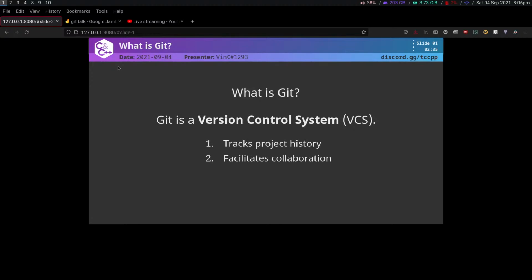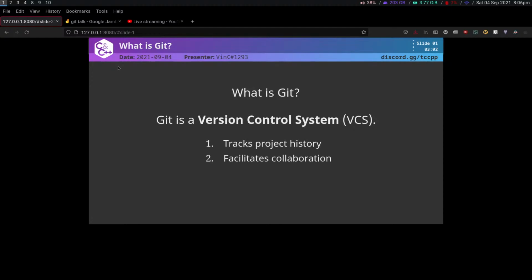There's a bunch of other VCSs like Subversion and Mercurial and CVS, I think, is one. But Git is by far the most popular, at least for general software development. There's also one called Perforce, and that's quite popular in game development for some reasons I'll talk about close to the end, perhaps. But yeah, Git is definitely the most popular version control system, and if you understand how to use Git, you'll